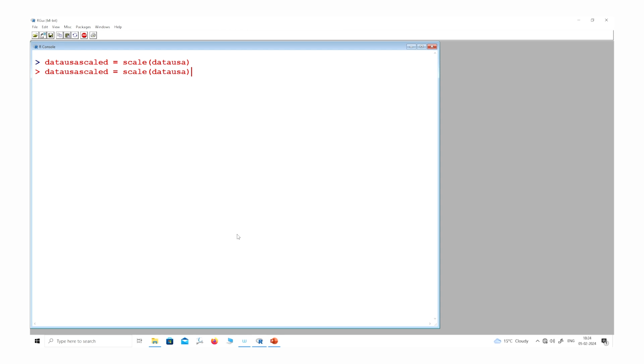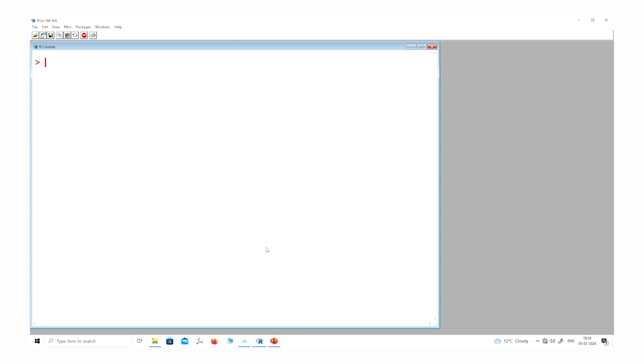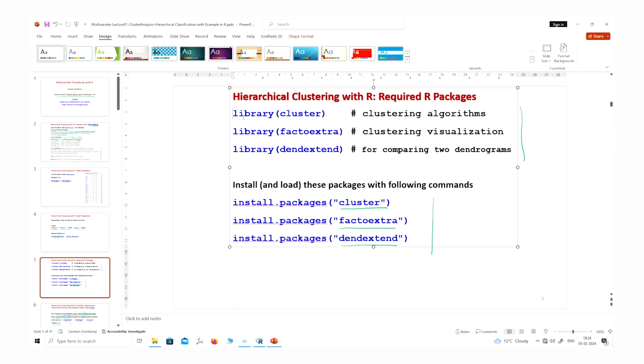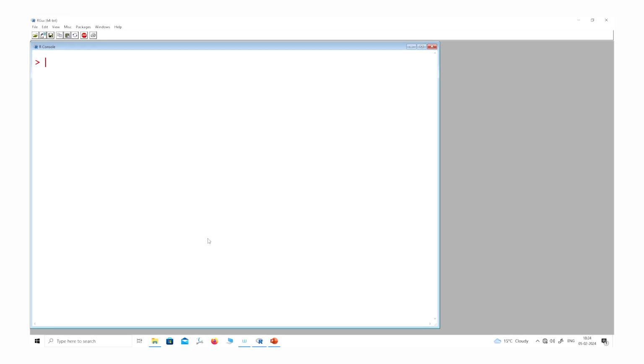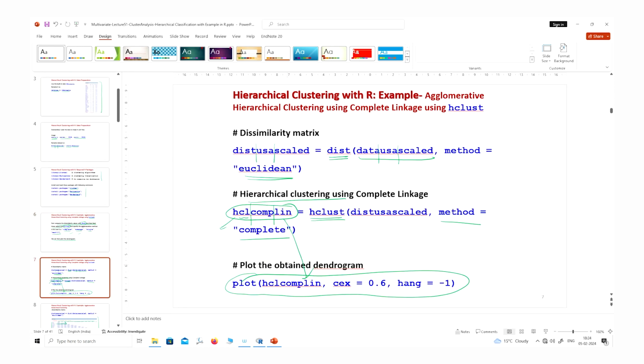If you look at it, this data looks like the same data set, but now it is scaled. Then I load these libraries so that later I don't have to do anything. If you remember, we used these libraries in the last lecture, so there is no issue.